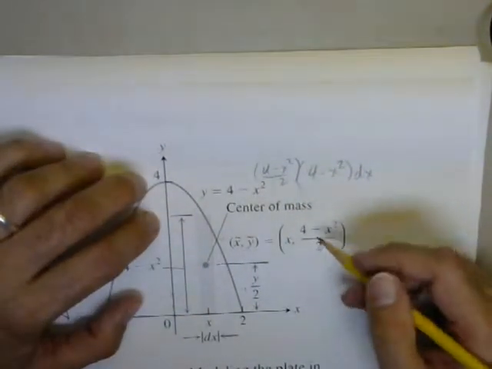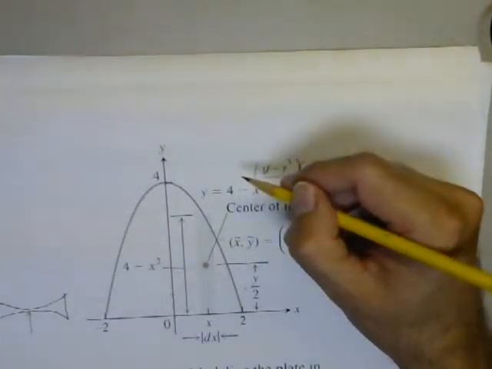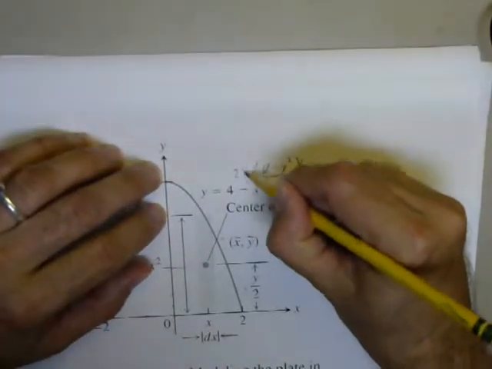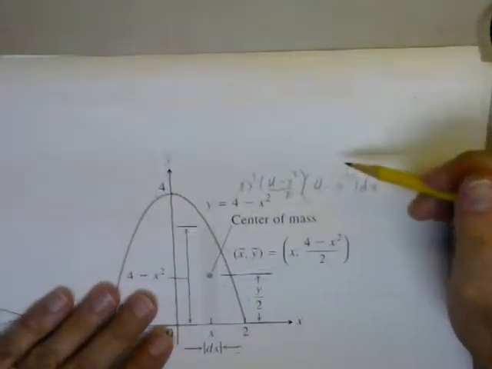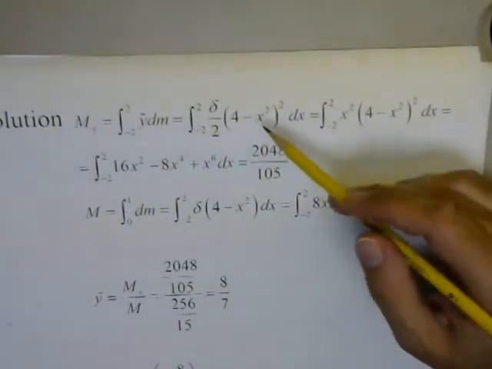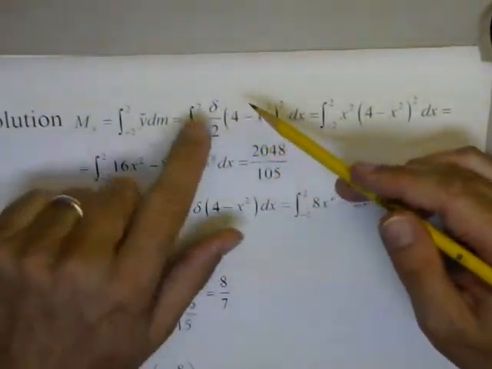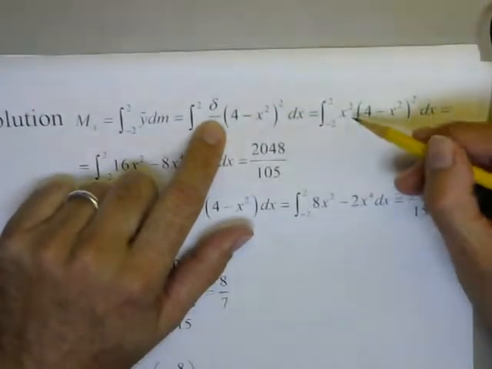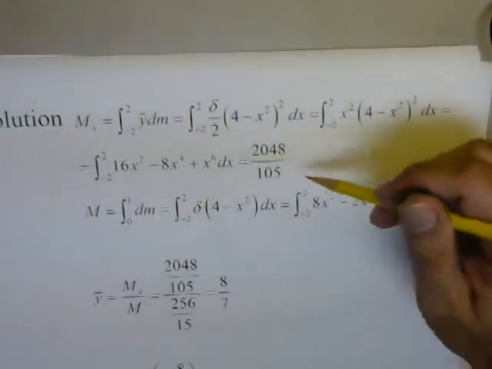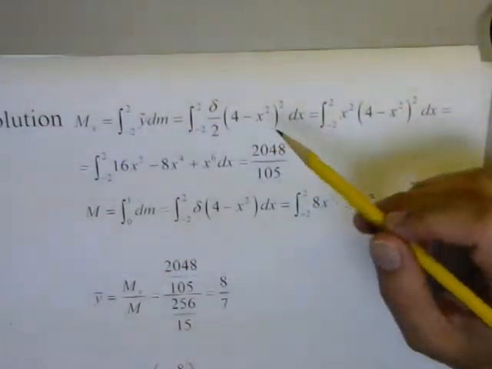And then you're multiplying it times the density, which in this case varies, right? Remember the density in this case, I think, was 2x squared, right? So those 2's will cancel. And you'll get 4 minus x squared times another 4 minus x squared, which gives you that. Again, delta was just what I was putting in for the density, so if you replace that with x squared, you'll get that. And then just work out that integral, right? So you'll get that. Now that's the top